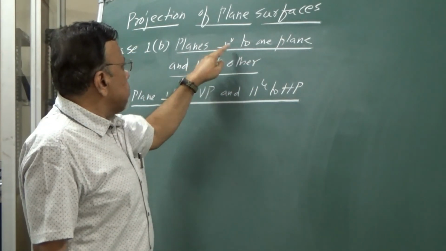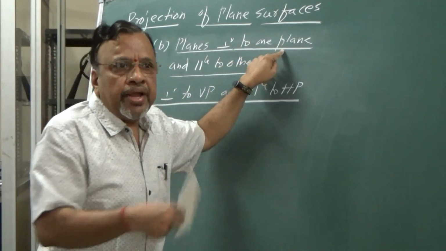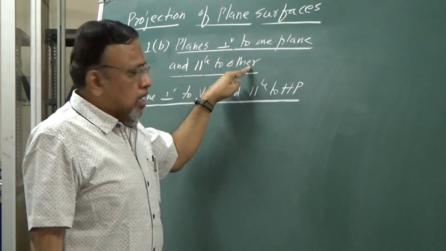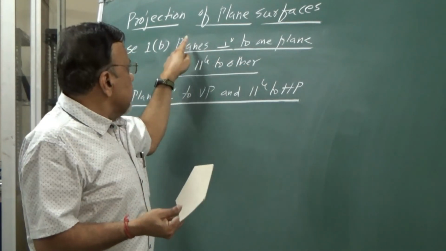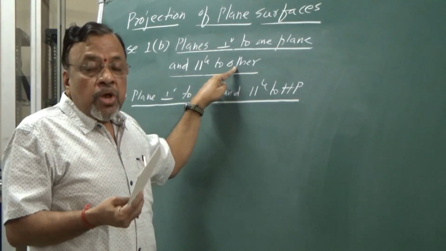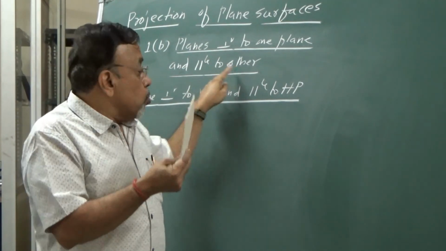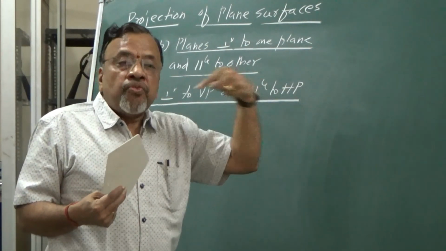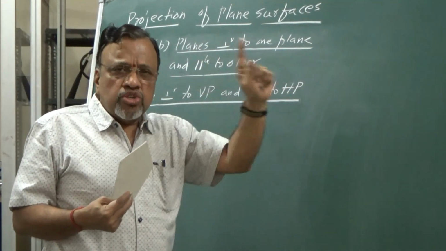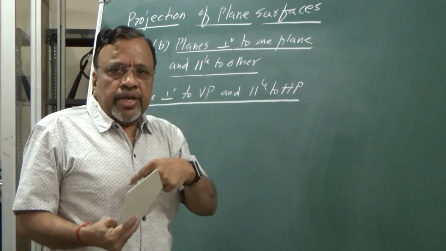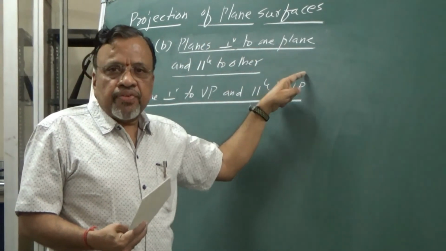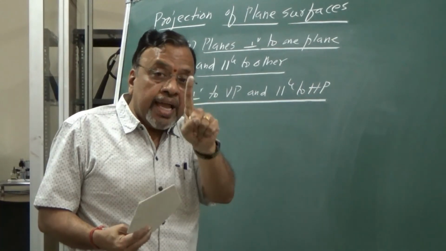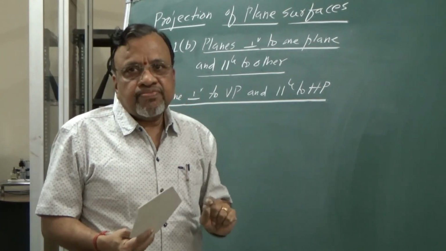So if I say the plane is perpendicular to one plane, then on that particular plane it should be seen as a line, whereas in the other view, parallel to the other, that means since this plane is parallel to one of the planes, we can see the true shape and size in that plane. So I need to draw that view first. That is my starting point. Once you do that, I will draw the corresponding other view by projecting from this view, and you can see that it will be seen as a line, but that line will be parallel to the XY line. So that we will see now.